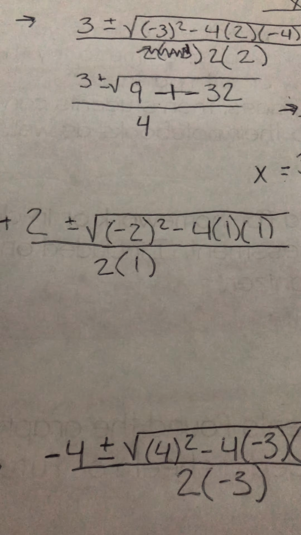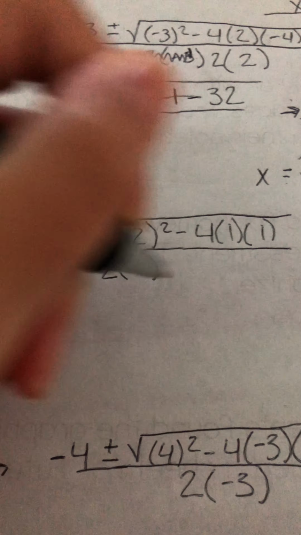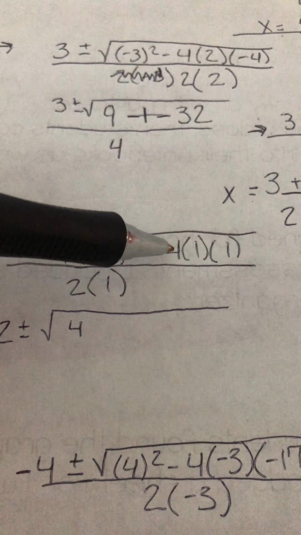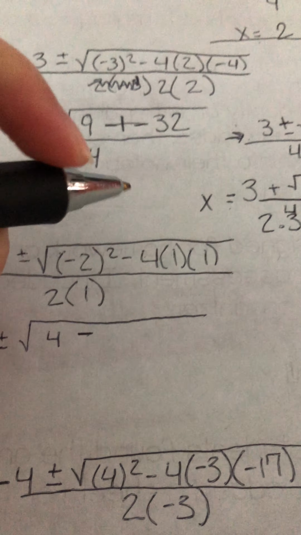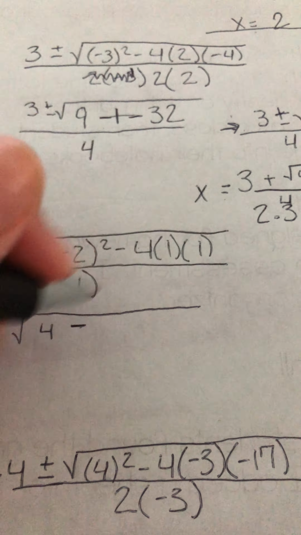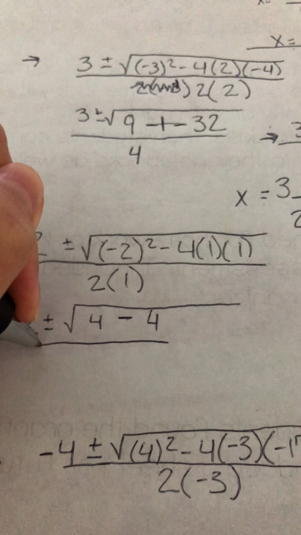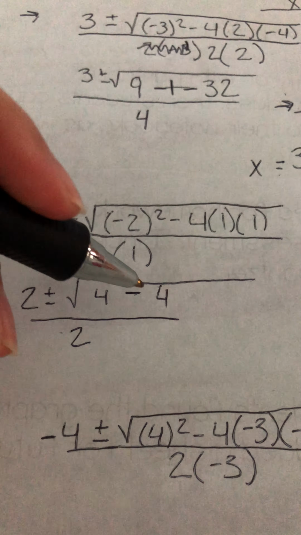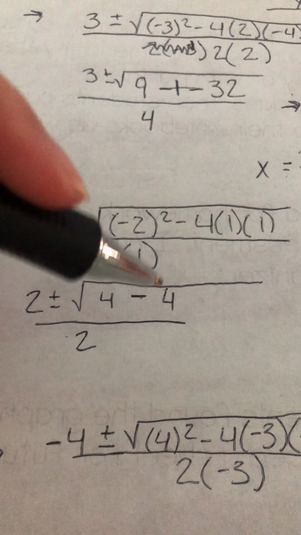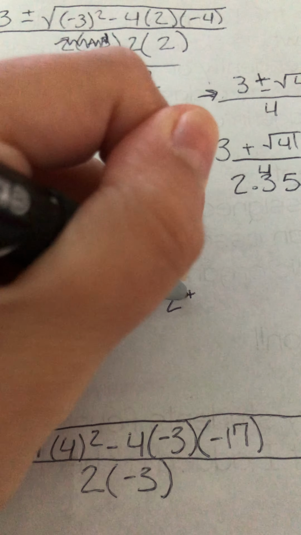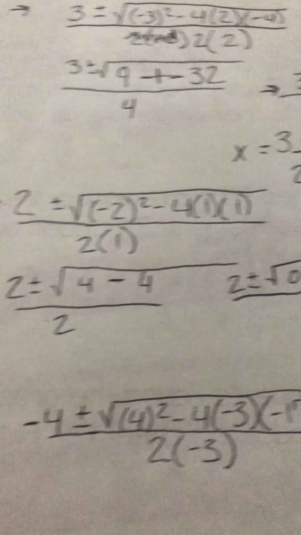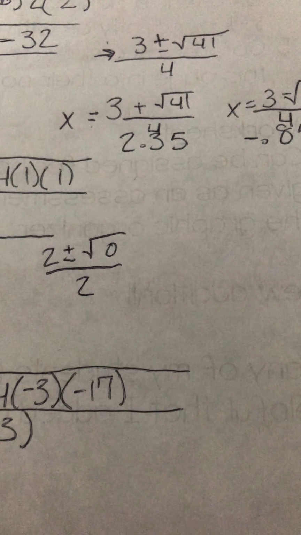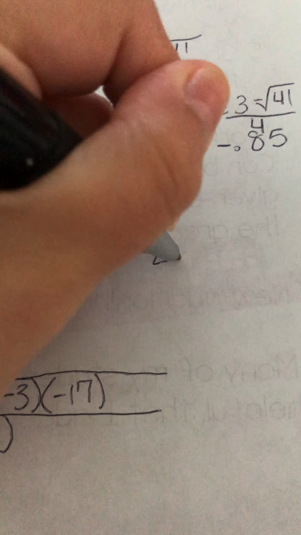So negative 2 squared is 4. 4 times 1 times 1 is 4, over 2 times 1, which is just 2. Simplify what's underneath the radical. 4 minus 4 is 0, so this becomes 2 plus or minus the square root of 0 over your a value of 2. The square root of 0 is just 0, so you could leave it as 2 plus 0